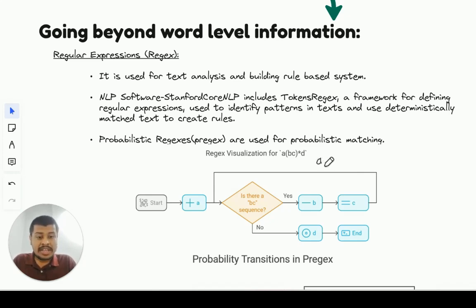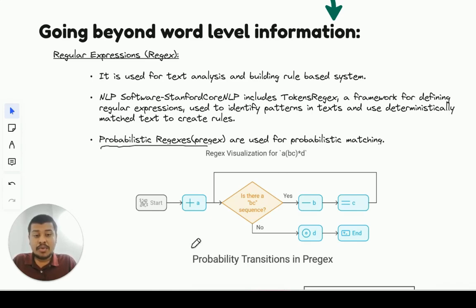Fine. If it is even GOOD, and if it is only one of these, then it will not be accepted. So that is the kind of system we are actually seeing. It is very much deterministic. It has to exactly match. Only then would this be taken into consideration, and only then would this be taken as an input by the NLP system. That is why they had to come up with another approach that uses probabilistic regexes.